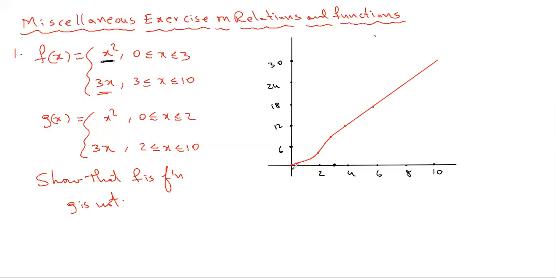So now you can see the graph. The function condition is that the vertical line test should be satisfied. The graph is there throughout the domain 0 to 10. Every element between 0 to 10 has an image; you don't need a graph for that. You can see the definitions and then confirm. For every value between 0 to 3, you can calculate x square. For every value between 3 to 10, you can calculate 3x. So no restrictions, no problems for the elements between 0 to 10 to calculate the images. So the existence condition is satisfied. Get the confirmation from here itself.